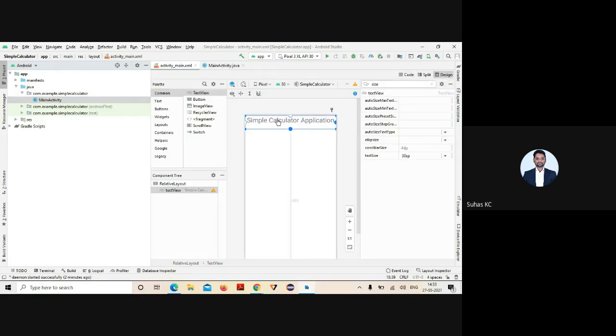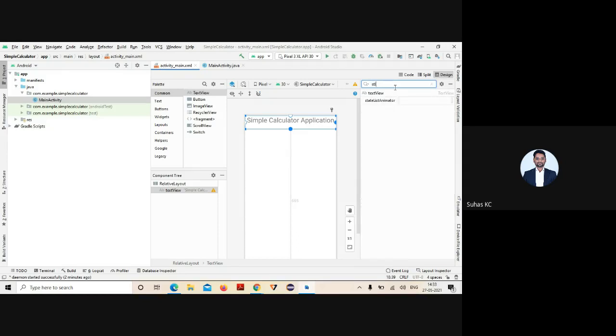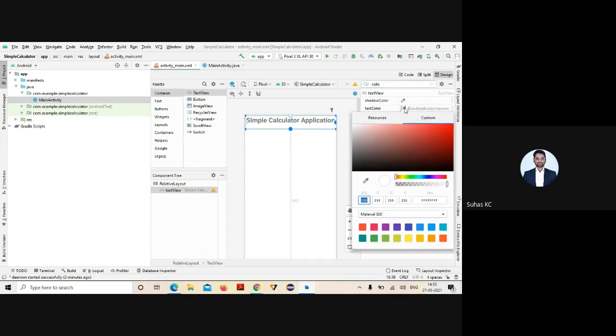If you want to change the font, specify the text style here and select bold. You can also change the text color, whatever you want.